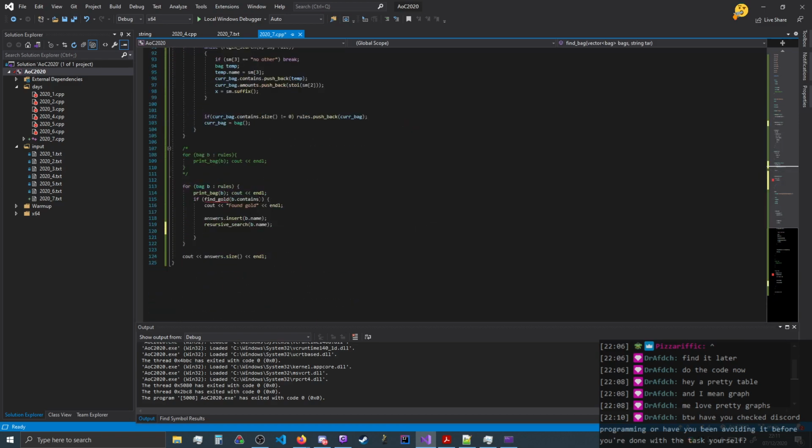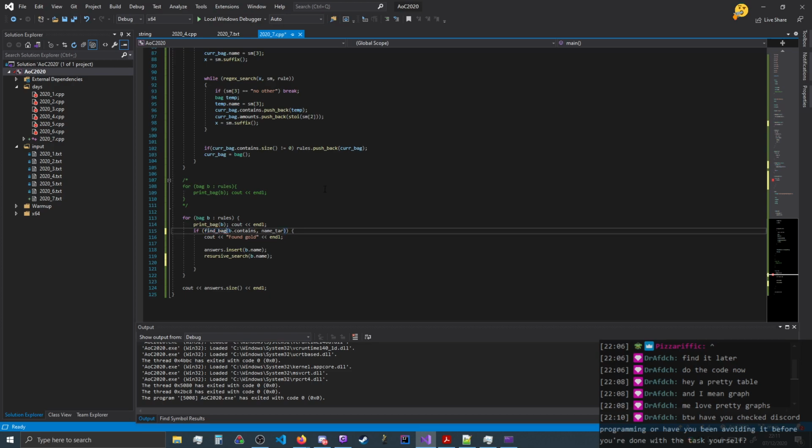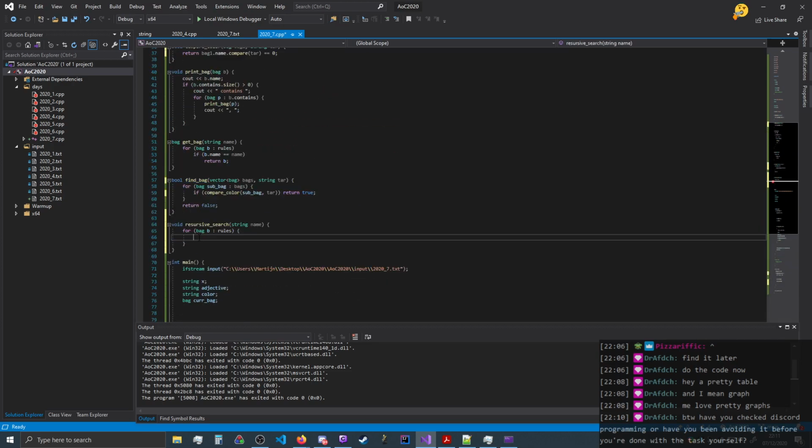So here we're going to be searching for name tar. But here we'll be searching for, I mean, you're complaining about not find gold because it's find bag, not find gold, and that's true. Because then what I can do is for bag in rules, I can do find bag of b.contains, comma, name. And so, hey, if this is true,